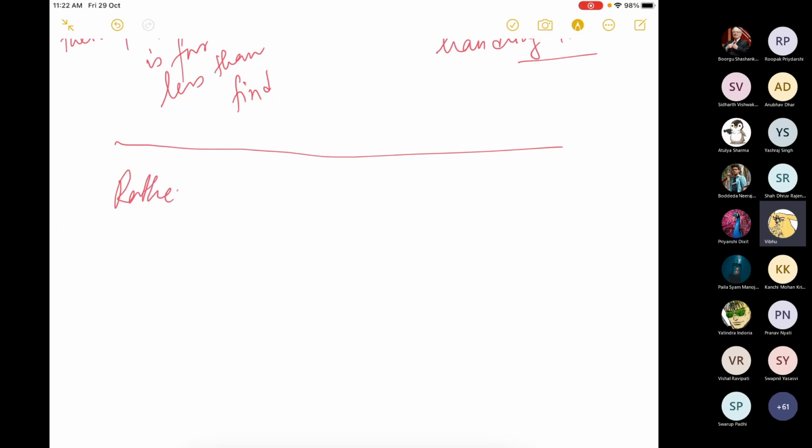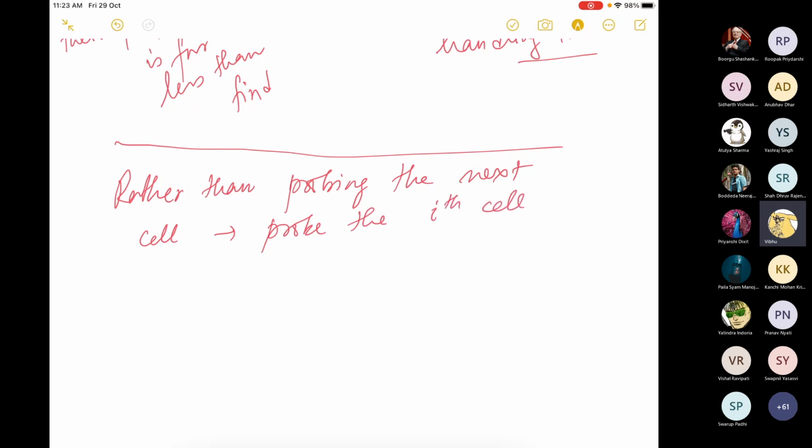rather than probing the next cell, probe the ith cell. Now the question is, what is i? This could be the immediate question. If I say do not probe the next cell, but probe some ith cell, then he will ask me what would be a prescription or a heuristic to determine what the ith